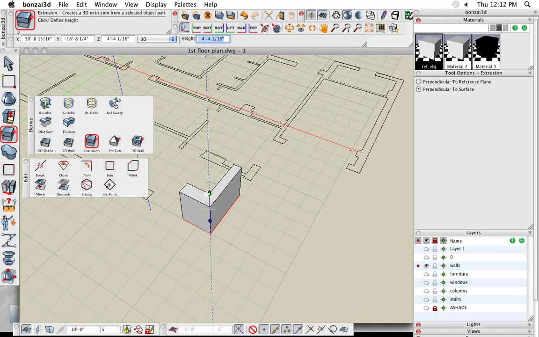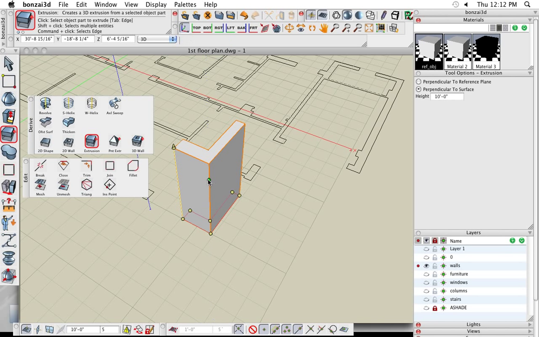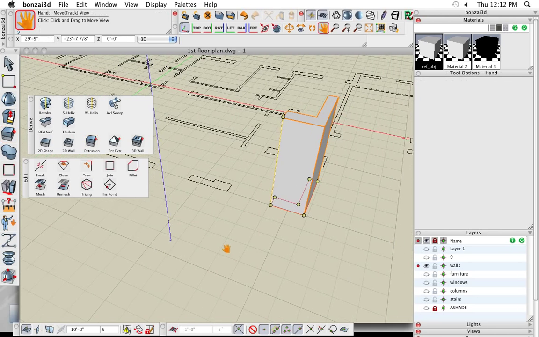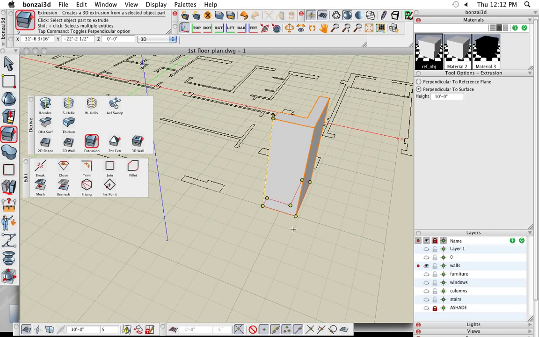So at any time as I'm dragging this up, I just type in a number, type in 10 feet, enter. I never have to highlight fields or anything because it's always keeping track of what I'm doing. So I can just type a number at any time. So we know that wall was extruded 10 feet, and the tool options, let's just go and modify that wall